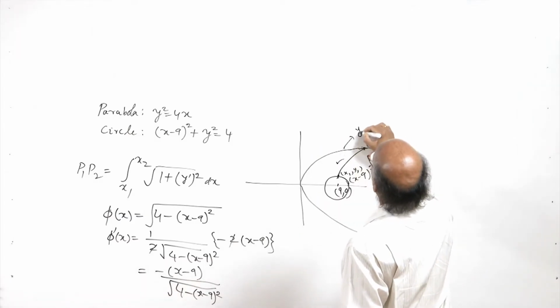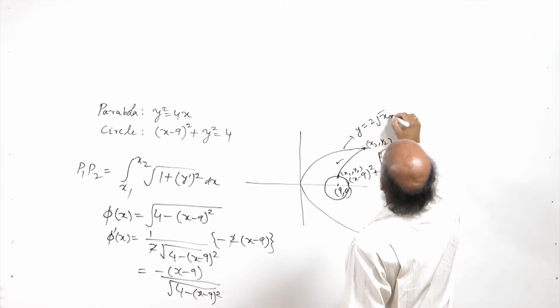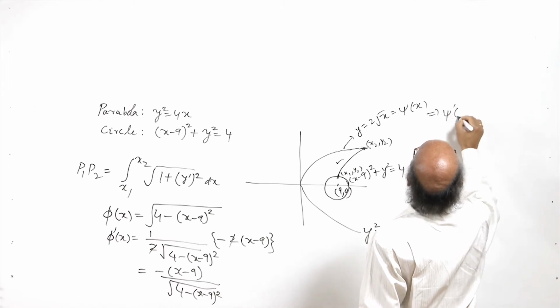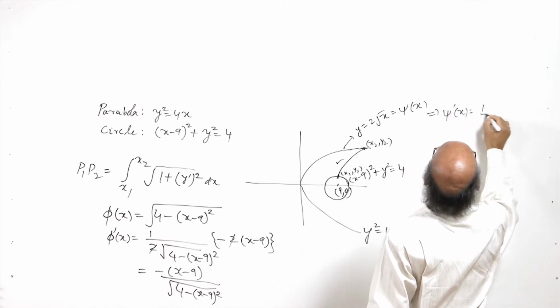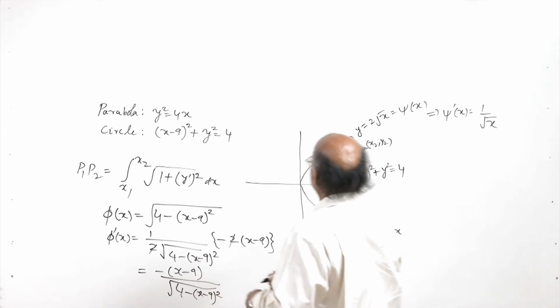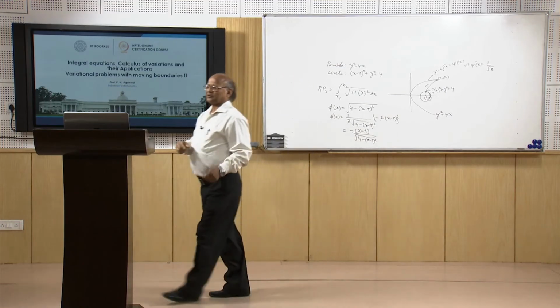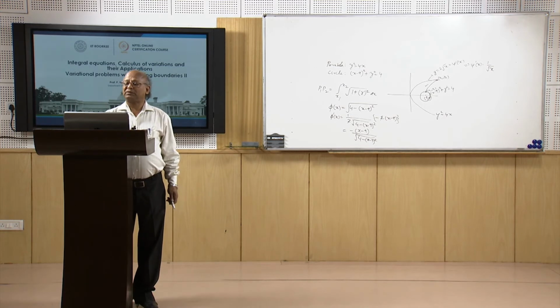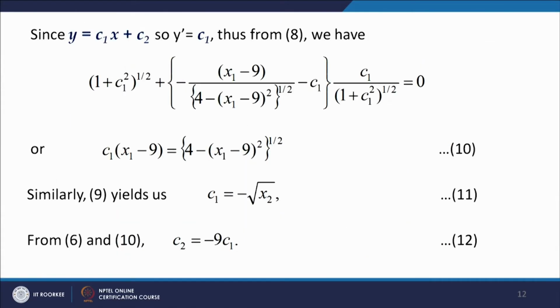For this curve we are writing y = 2√x = ψ(x), so ψ'(x) = 1/√x. Let us put the value of ψ' as 1/√x minus y' multiplied by y' over √(1 + y'²) at the point x = x2, which is equal to 0. Now y = c1x + c2, and therefore if you differentiate y with respect